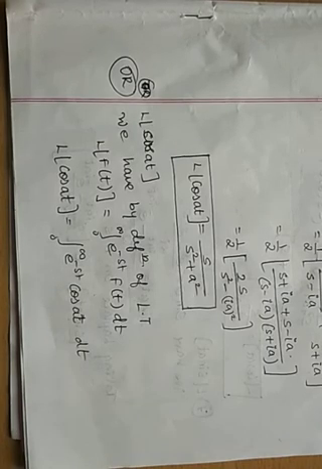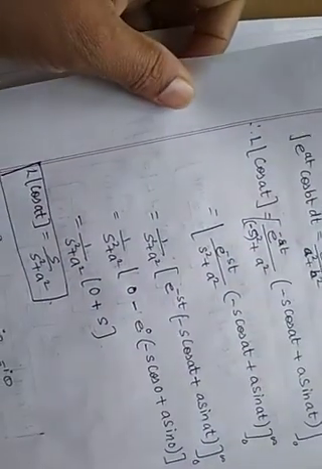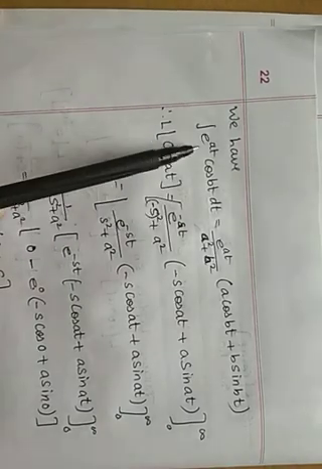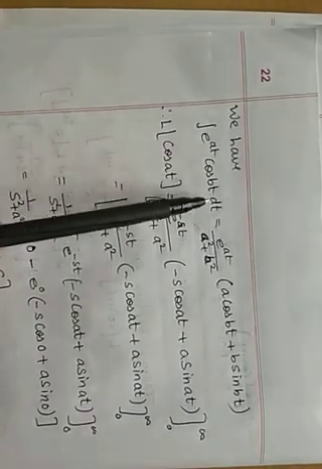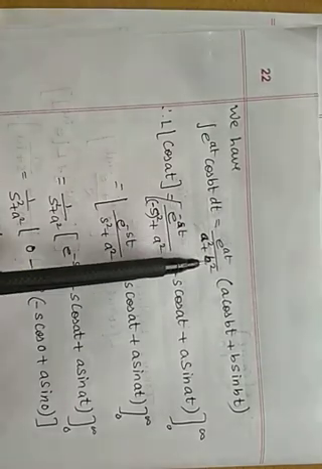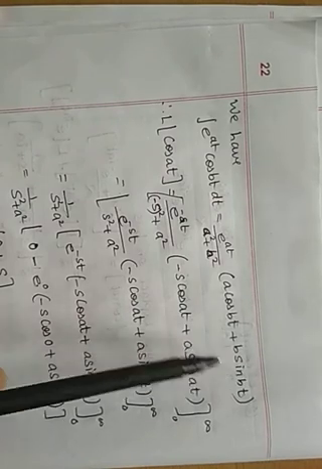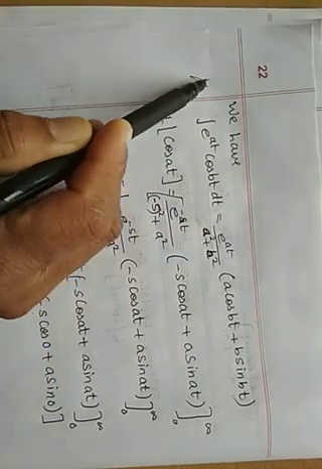So there is a standard formula whenever you have a product of an exponential function and a cos, or an exponential function into sine. Integration of e raised to at into cos bt dt is equal to e raised to at upon a square plus b square, times a cos bt plus b sin bt. It's very important to be noted down. Formula for e raised to at.